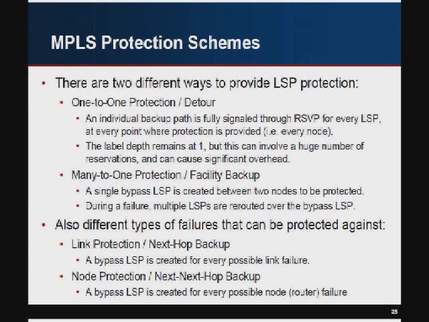So link protection is also called next hop backup. What you're doing is you're looking at every link on the network and you're saying, if this link goes down, what's the way to forward the packet that goes via a different link? And then you have another type of protection called node protection, or next-next hop backup. And that's saying, what happens if the next router that I'm talking to fails? What's another router, completely diverse router, that I could talk to that doesn't go through this path? And so